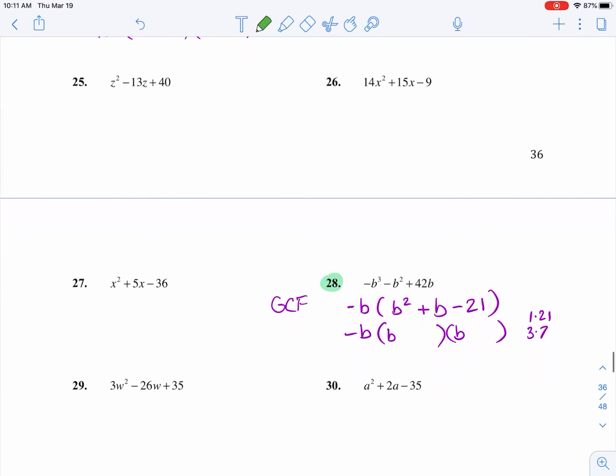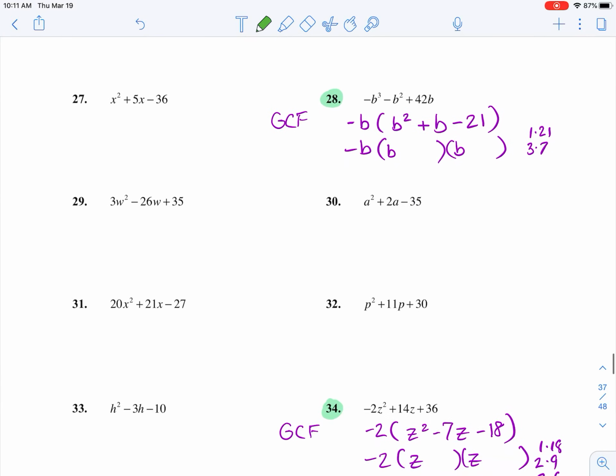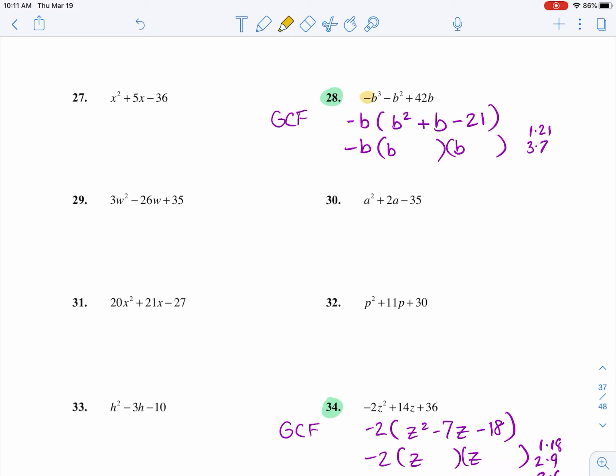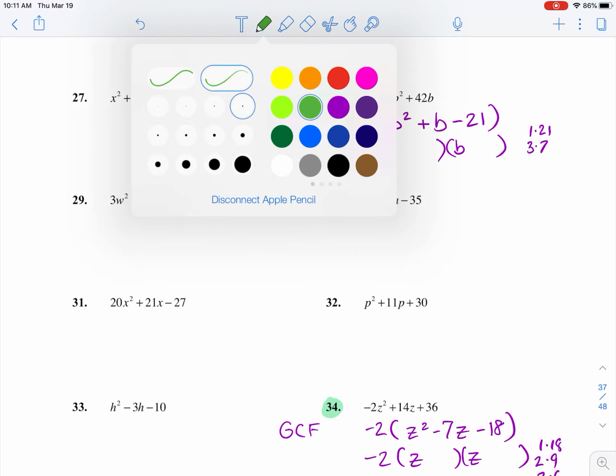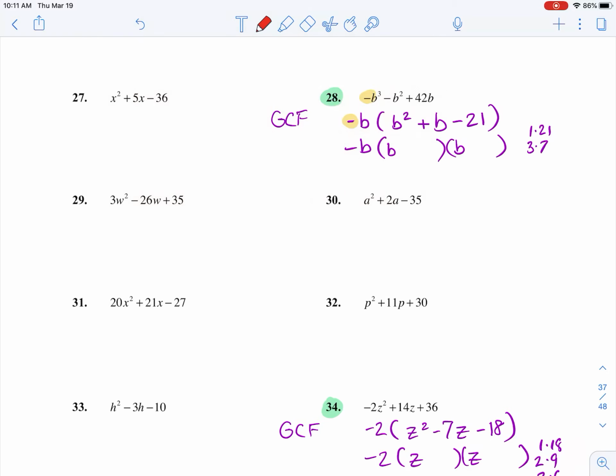23 had a GCF also, but I think some of you were okay with that one. I just figured I'd point that out. And moving to number 28, whenever your lead term is negative, you want to make sure you take out a negative something as a GCF. In this case, it would be a negative b. Once you do that, the problem is a lot easier to work with, because now we just have b, and we can use our shortcut of which pair we'll add or subtract to get that middle term. So actually, hold on here,